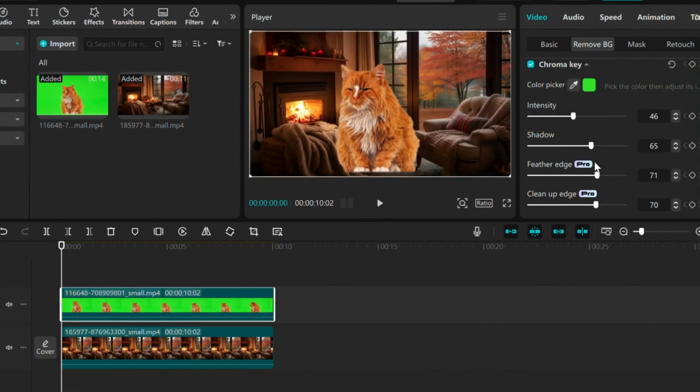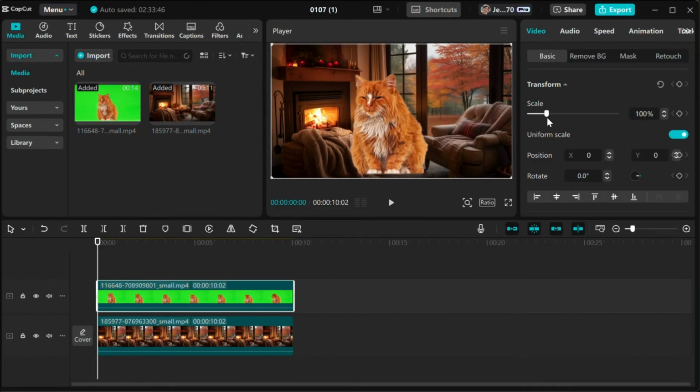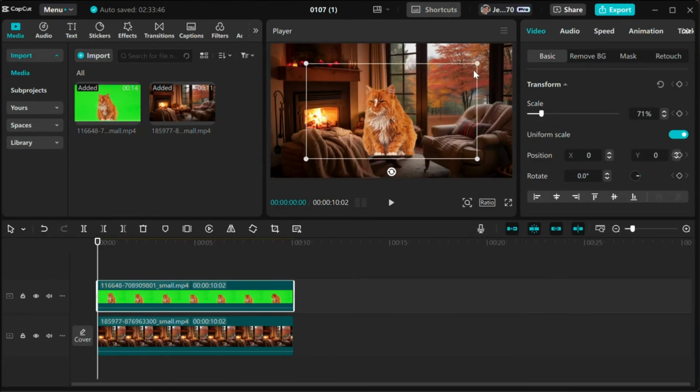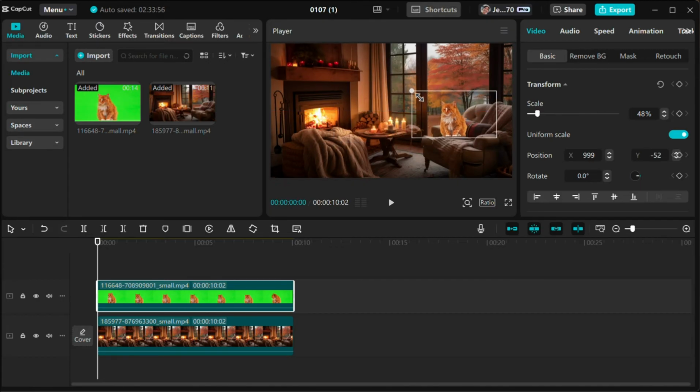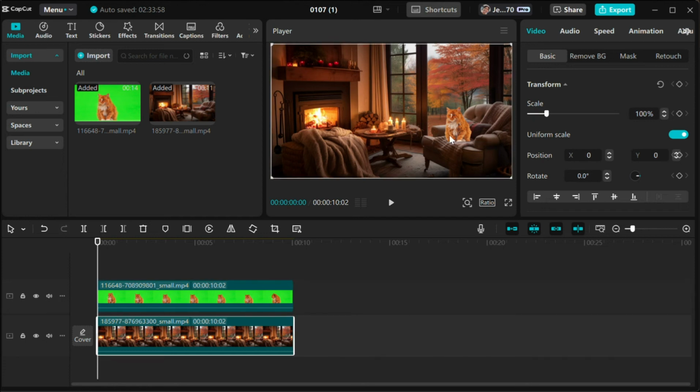If your subject isn't aligned with the background properly, you can adjust its position and scale. Click on the green screen video in the preview window and drag it to move it around. Use the corner handles to resize the subject, making sure it fits within the frame and looks good with the